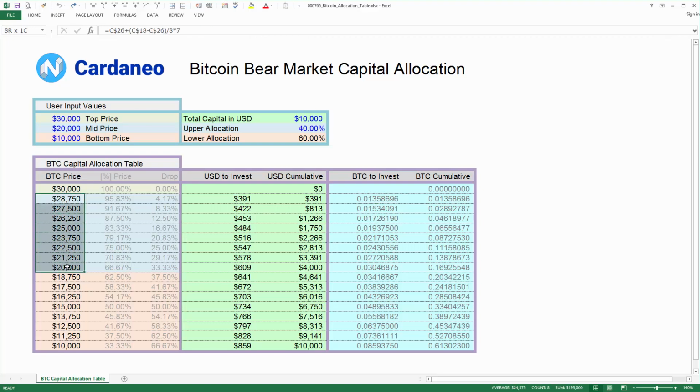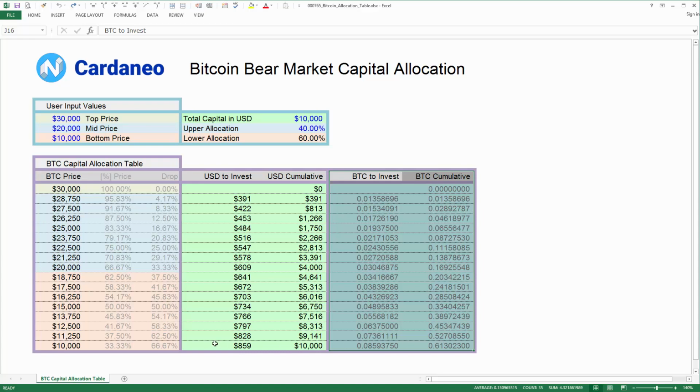Since the price goes down and the amount of dollars increases, the number of Bitcoins that you're purchasing at every price level will increase actually even more. This column to the left shows actual individual amounts that you will invest for every price level, whereas the right column shows the cumulative dollars that you've invested so far up to that particular price. The same goes with these two. So Bitcoins purchased at every single price, and also cumulative number of Bitcoin that you've accumulated as you've been purchasing